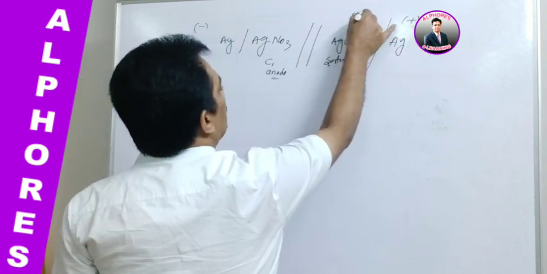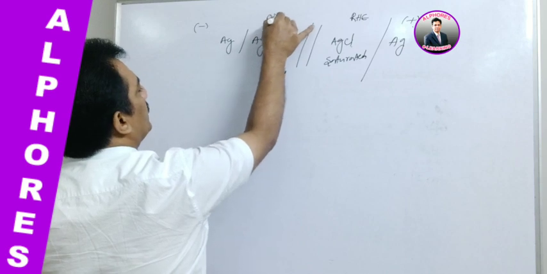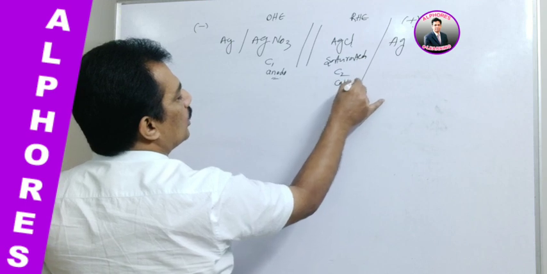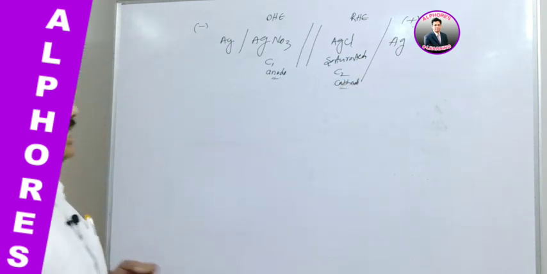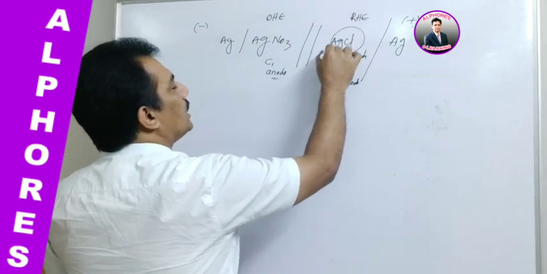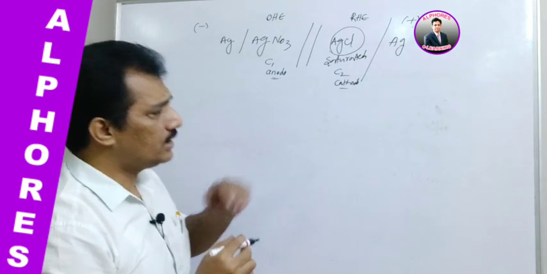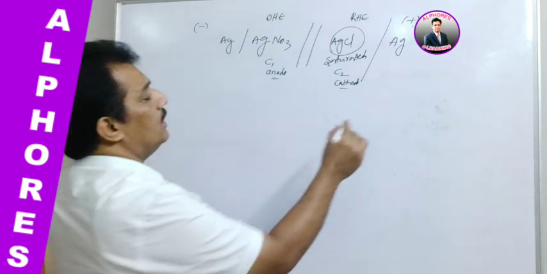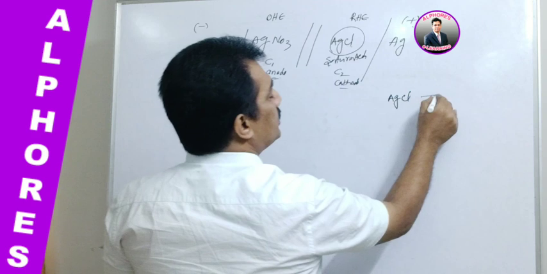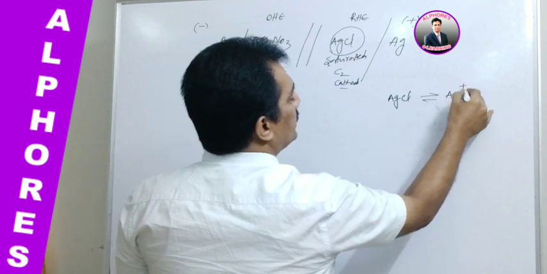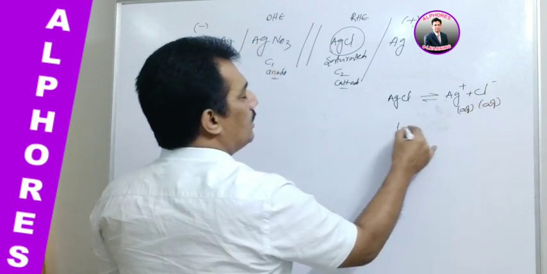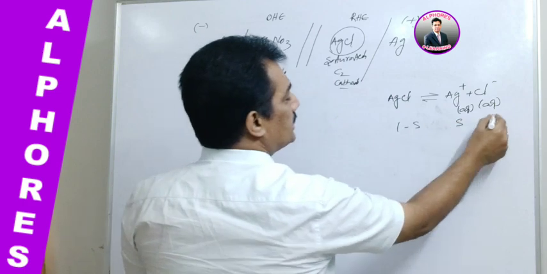It is RHE and it is OHE. And here the concentration is C2, which is the cathode concentration. Is it not? And now we would like to measure this AgCl solubility. First, let us go for the solubility relation with this AgCl. AgCl is a sparingly soluble salt, and it establishes an equilibrium between the dissociated and undissociated ions like this. And if it is 1 and solubility is S, it is S and S.